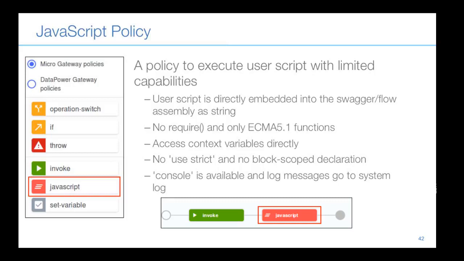And you can only access the ECMA 5.1 functions. And you are not allowed to use any asynchronous functions in your code snippet. And you are not able to use the use strict declaration. Therefore, you are not able to use any block scope declarations as well, because you are not able to use use strict. But what you can do inside the JavaScript policy is directly access